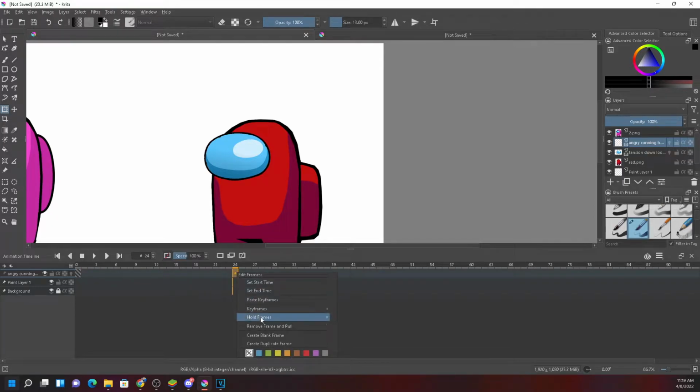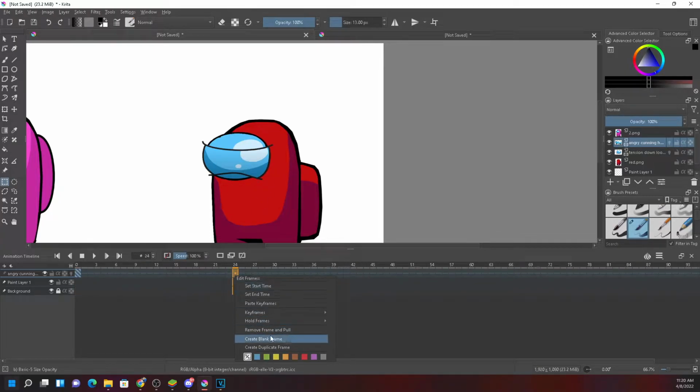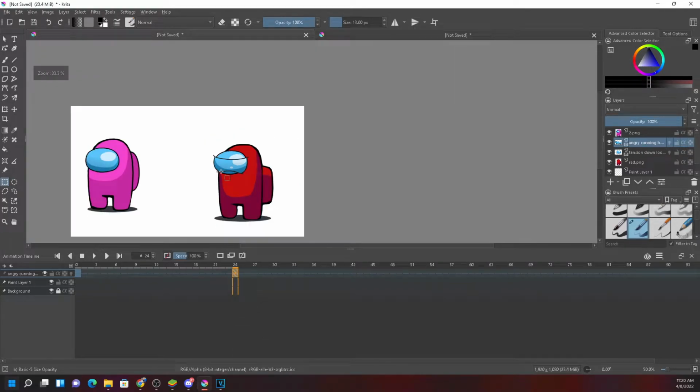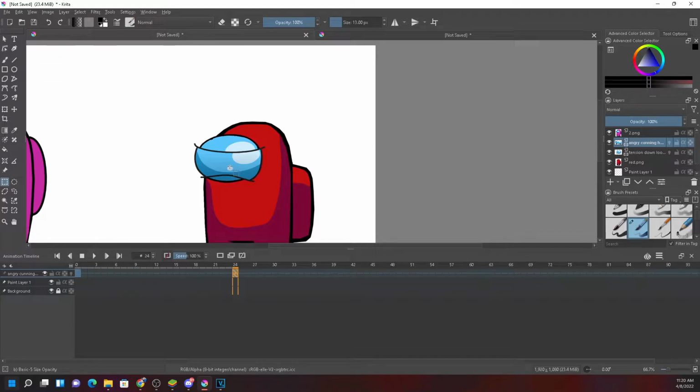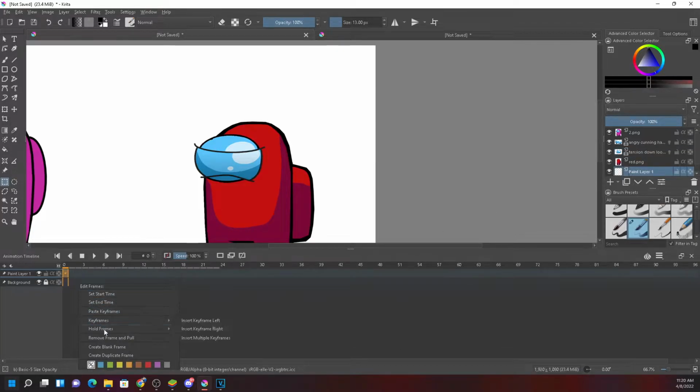Look at it. I'm creating a duplicate frame over here on the 24th frame. I think I have deleted the image, right? Wait a minute. I need this to appear on the 24th frame, so I'm creating a duplicate frame at 24. Now look over here. There is a background eye, and the normal eye is visible. So what should I do? I need to delete this one at this frame.